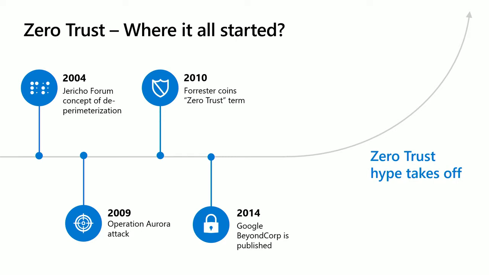In 2009, Operation Aurora happened. Anyone remember? Of course you do. Most of you have heard some aspect of it, a nationwide attack against private companies. Brutal. And then in 2010, John Kindervag of Forrester coined the term zero trust. He introduced a paper, Build Security Into Your DNA: Your Zero Trust Architecture. It's a really good paper, a really good read, and it started the talk about the concept of zero trust.